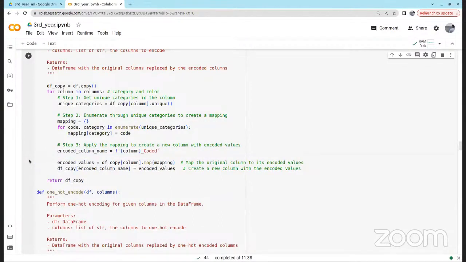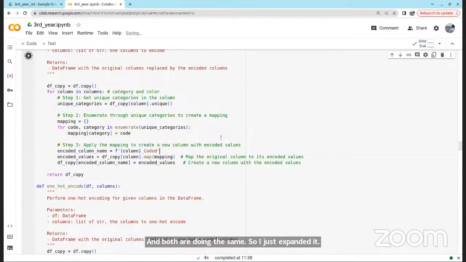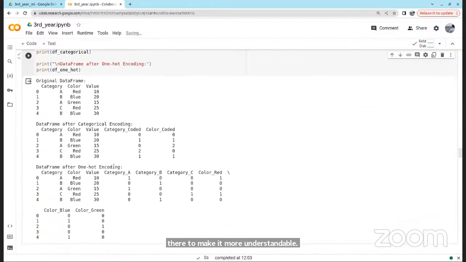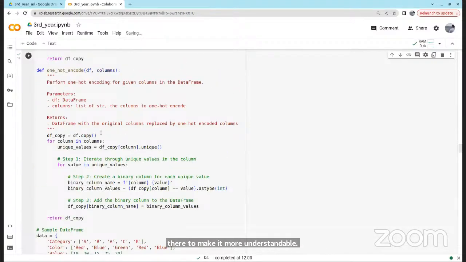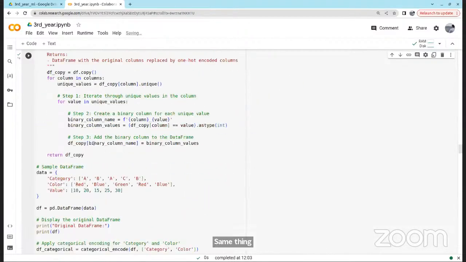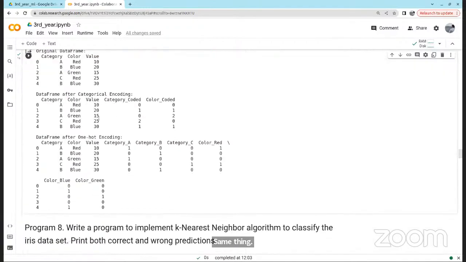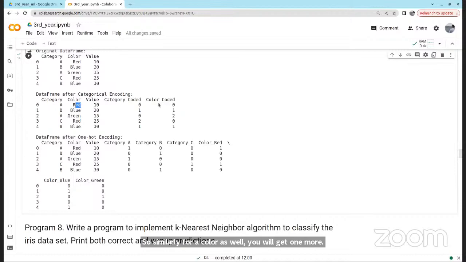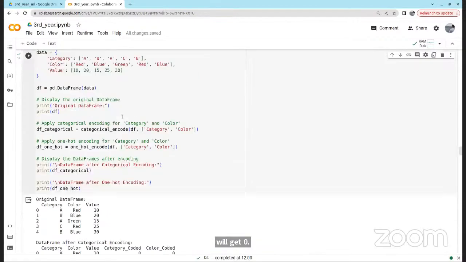Both are doing the same, so I just expanded it over there to make it more understandable. Same thing. So similarly, for color as well, you will get one more loop running, and for this color, you will get 0, blue, 1, something like this.